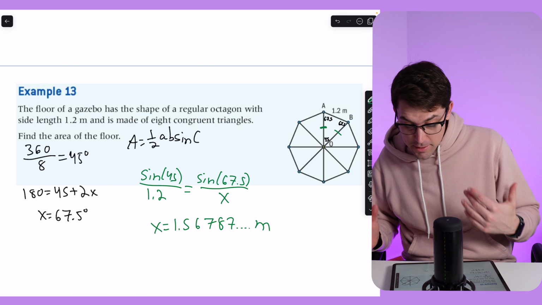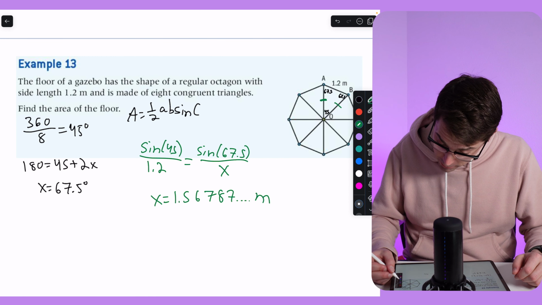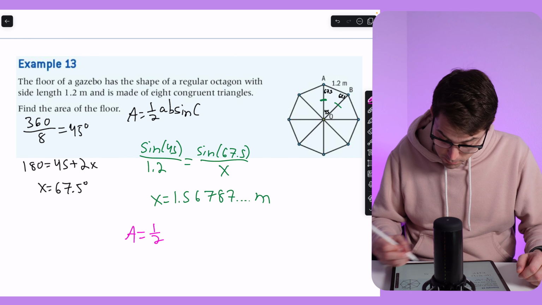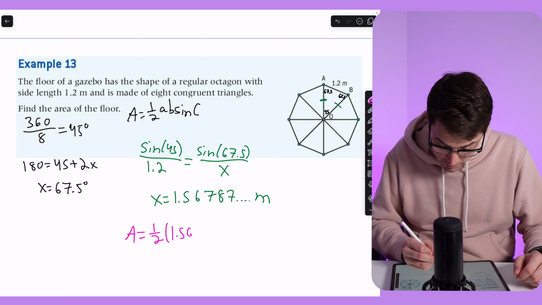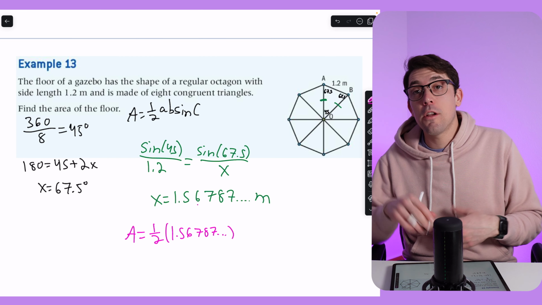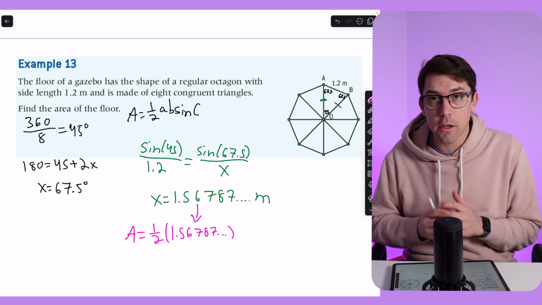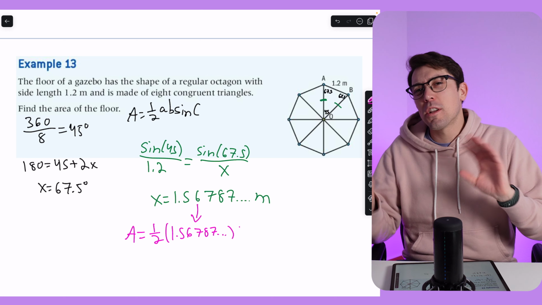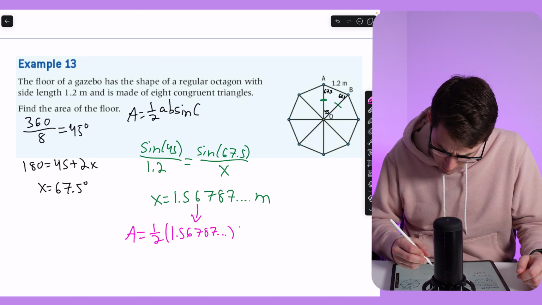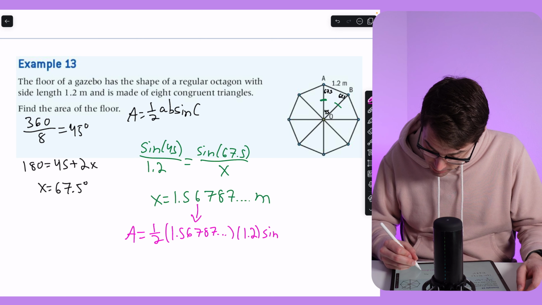So now that I know the length of that side, I can use my area equation, because I know that the area is equal to 1/2. So one of the sides, we'll call it 1.56787 here. And remember that when you're using your calculator, especially on the TI-Nspire, there is that ANS answer button. Go ahead and hit that, so that you're using the real actual value in your calculation, not just the approximation, which can sometimes mess up your answer by a couple of decimal points or significant figures. And my other one is going to be 1.2, times the sine of the angle that it's sandwiching, which is